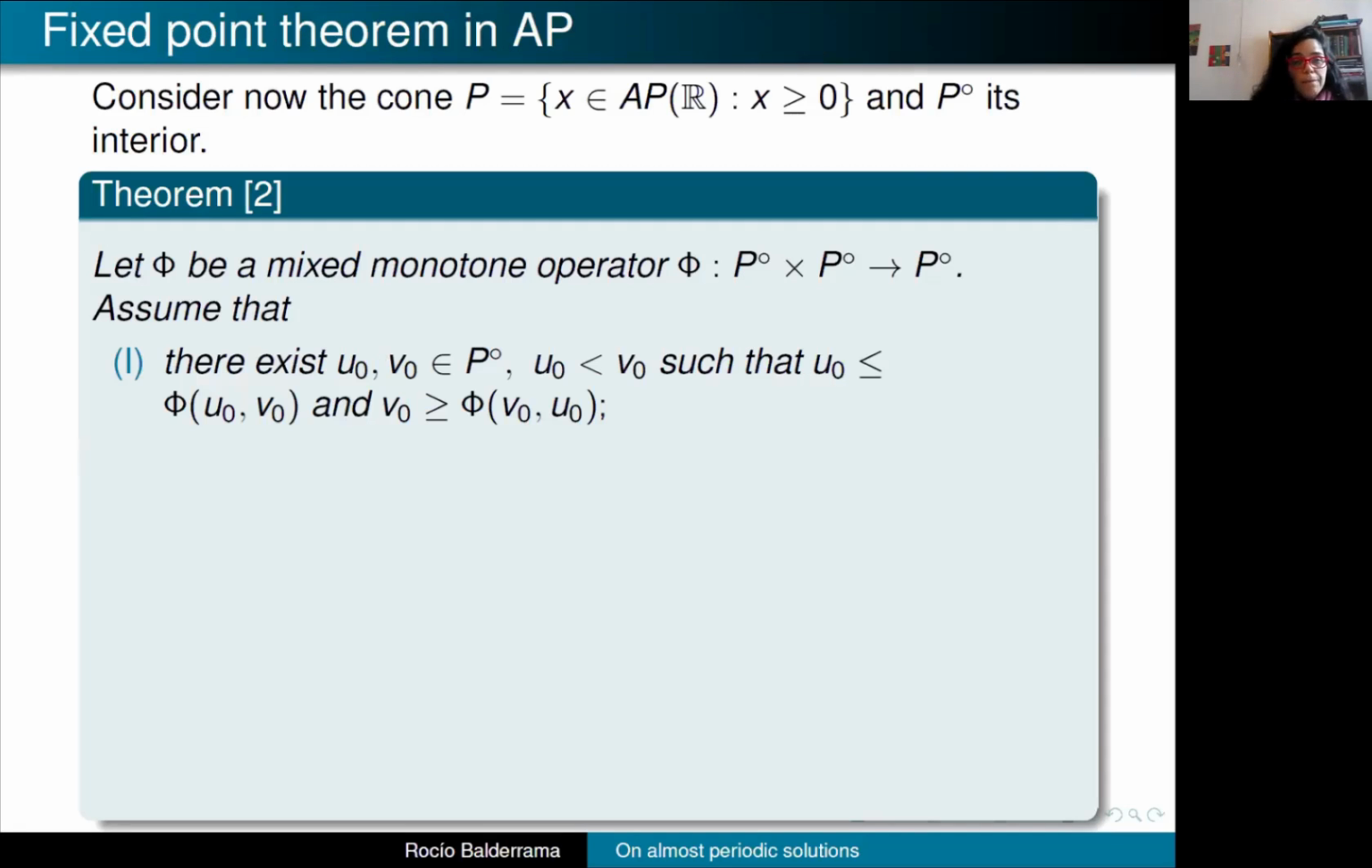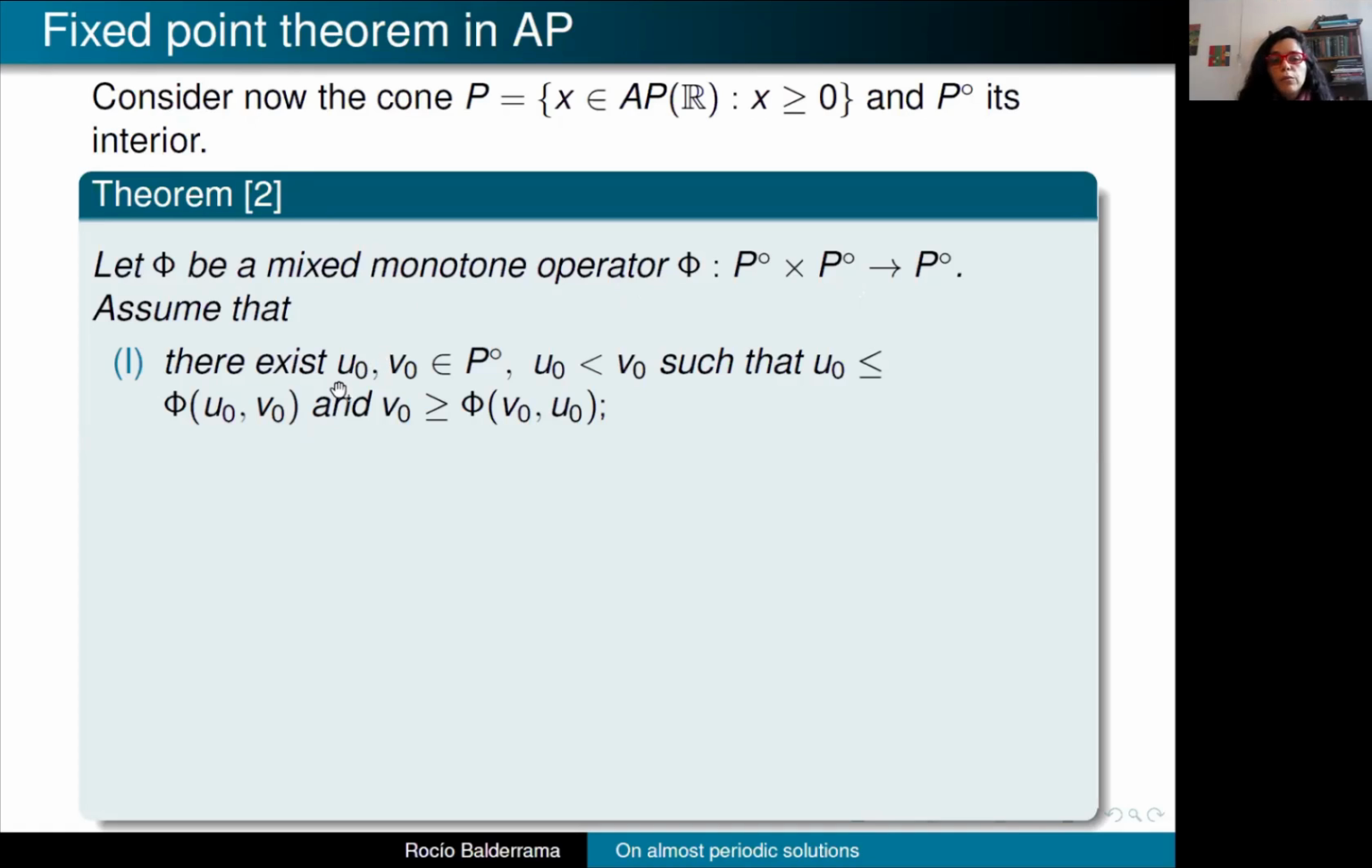So in this work, we first established the following abstract fixed point theorem, which will play an important role in this work. And we consider P the cone and P circle, the interior. And we propose this theorem, where we have a mixed monotone operator,